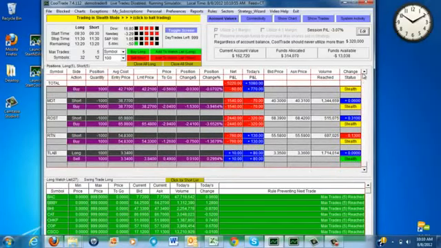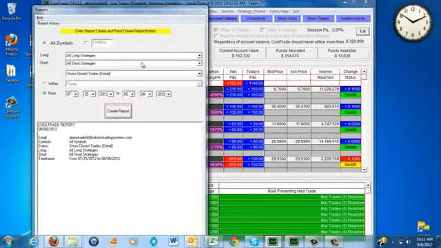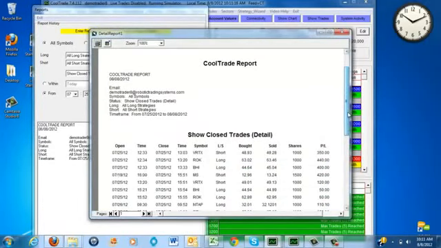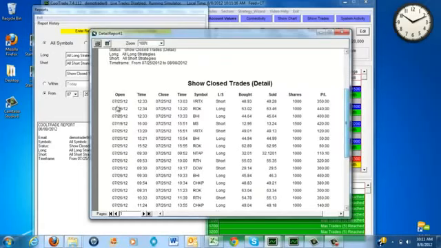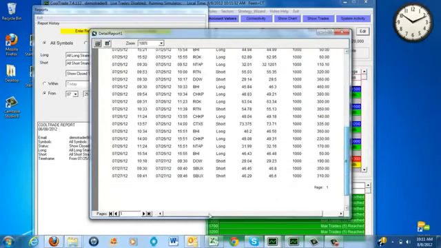So the market's been rallying upwards and it's been closing out the long positions, and the short positions it will wait for a correction, and it will begin closing out the short positions once that occurs. So here, if I look at a report from 7/25 to today, you can see 7/25 it opened up the first position here and then closed the first position here. It was Vertex short, the buy and sells reversed, ended up making 350 bucks. So these are all the trades that it has done since 7/25,